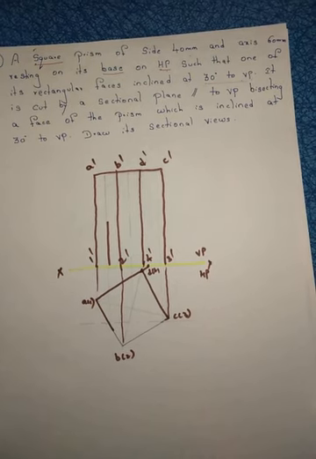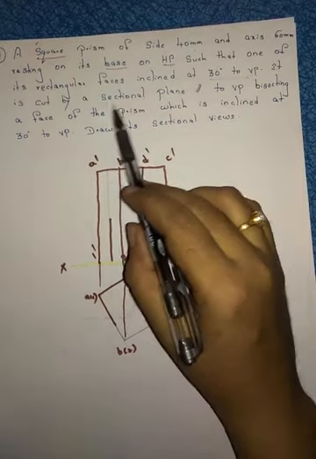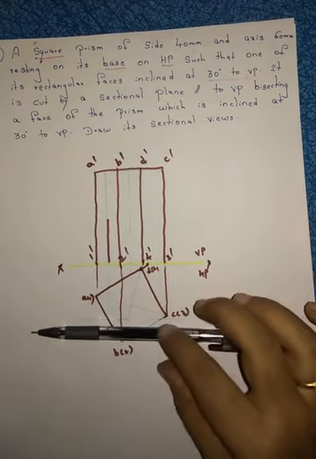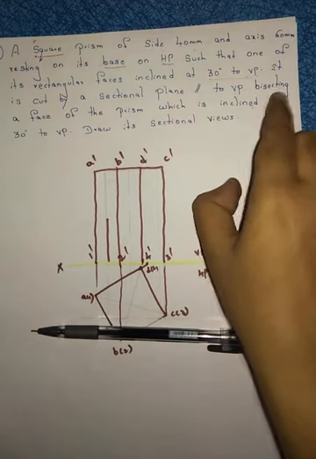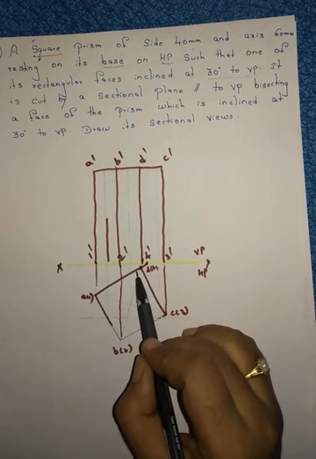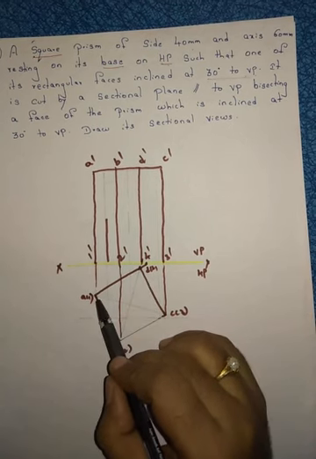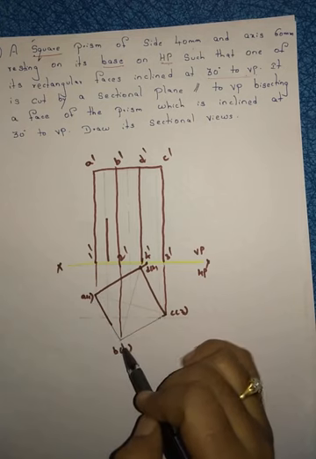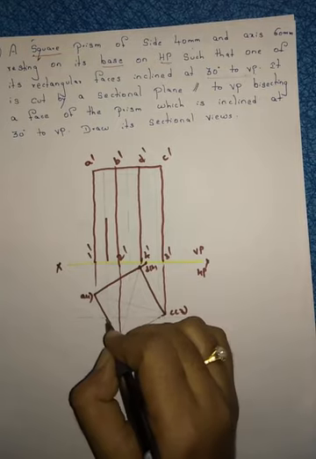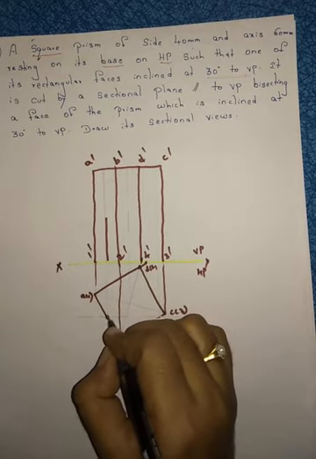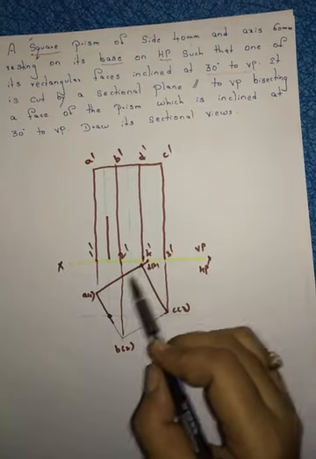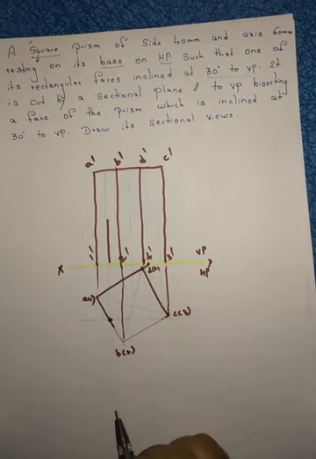Now we will see the second part. What is the second part? It is cut by the sectional plane parallel to VP. So if I am keeping the sectional plane here, this is parallel to VP only. Then next, bisecting a face of the prism. Bisecting means midpoint. Take any one of the faces, either AB, BC, CD, DA. So I am taking this AB, and I am marking the midpoint here, which is inclined at 30 degrees to VP. So these are inclined at 30 degrees to VP only, right?